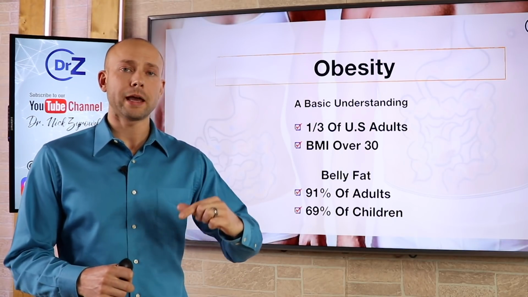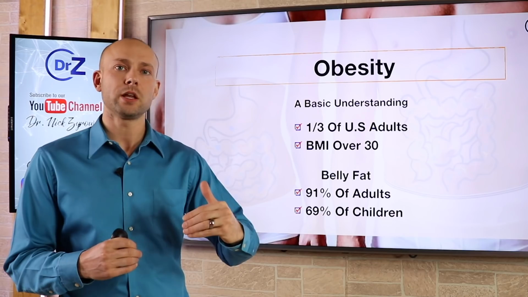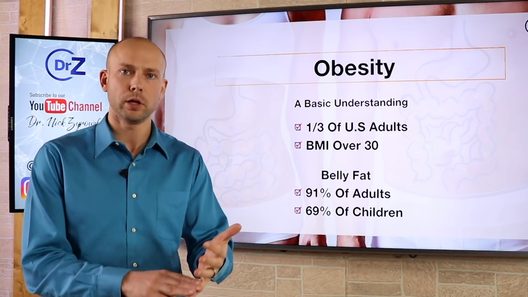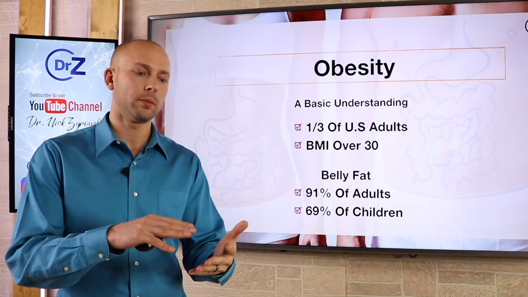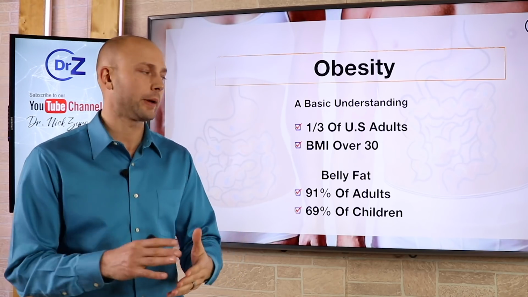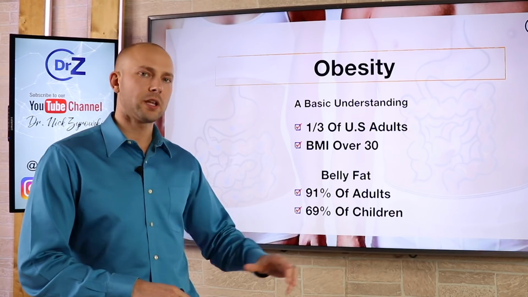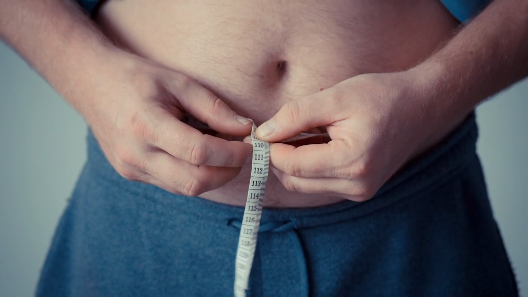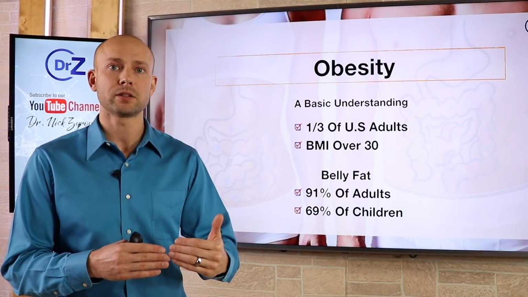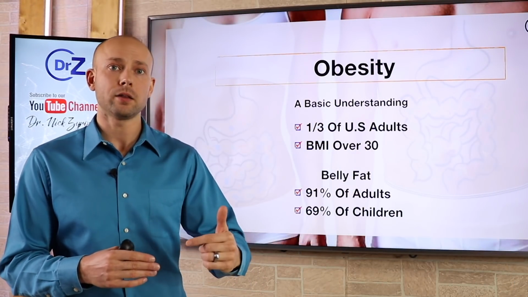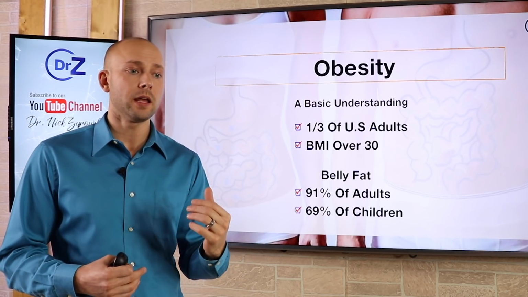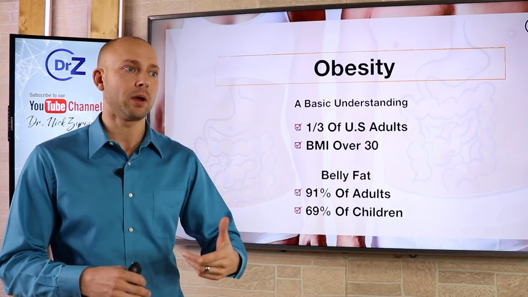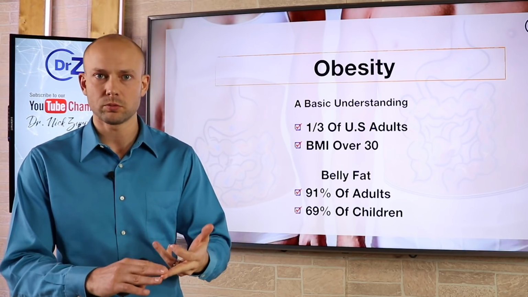And basically, when we look at obesity, that is the point at which they know beyond a shadow of a doubt that you have a bunch of different conditions. You probably have high blood pressure, you probably have high cholesterol, you probably have insulin resistance, you have all these issues going on. But the problem is a lot of people just have simple belly fat. And of these people who have belly fat, it's estimated that they're starting to have some metabolic syndrome. When they have belly fat on their body, essentially they are going to typically have one certain criteria for metabolic syndrome. So that might be high blood pressure, that might be just insulin resistance, that might be